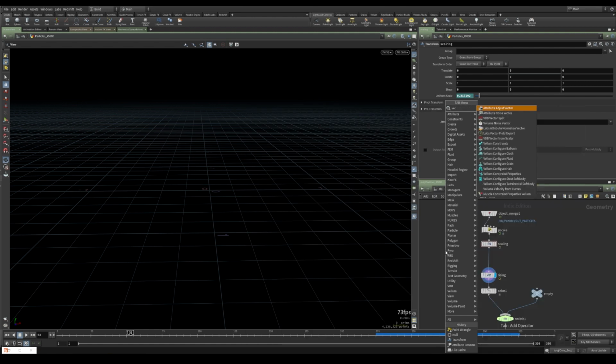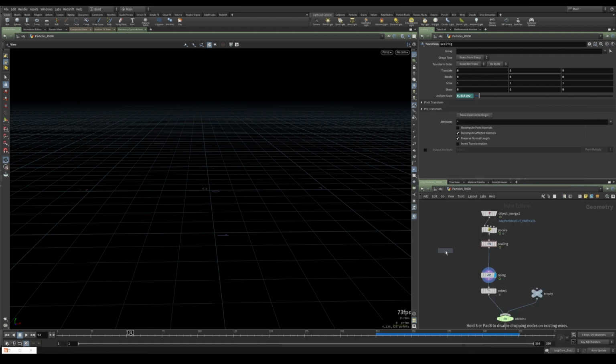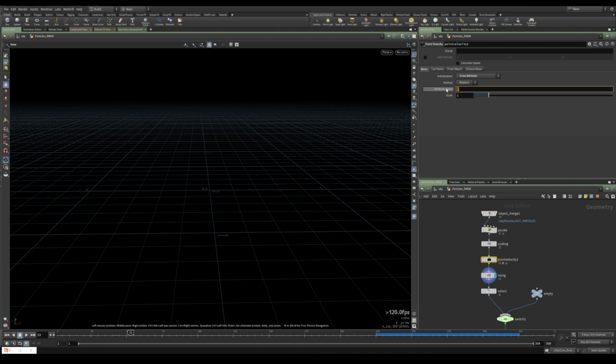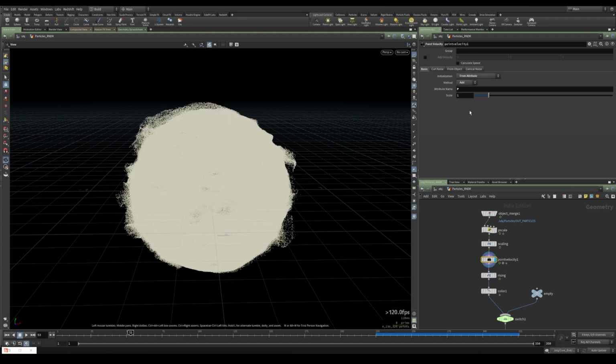So now we can actually drop down a point velocity node. This node will calculate velocity based on how it's set. We want to say to calculate the velocity from an attribute, and we want this attribute to be our position. Also, we don't want to replace the velocity, we want to add it to the current velocity the particles have. So basically we are telling Houdini to calculate a new value for the velocity coming from the change of the